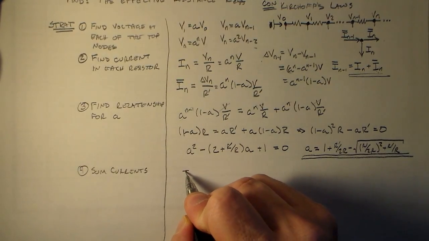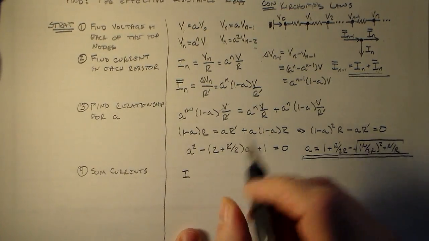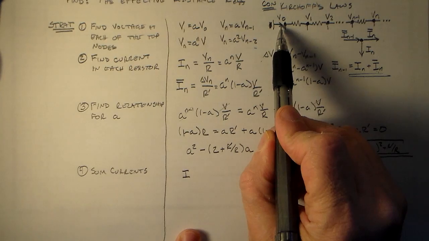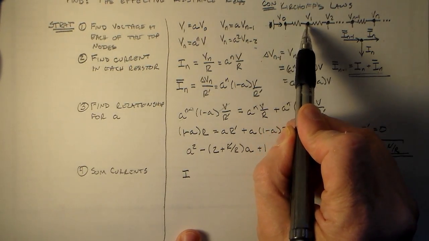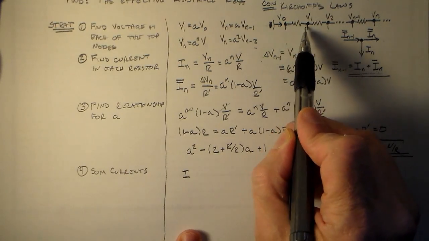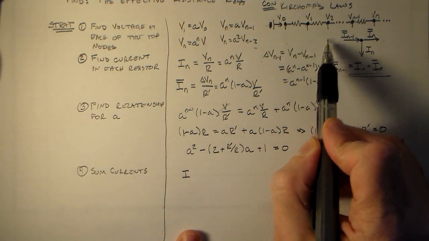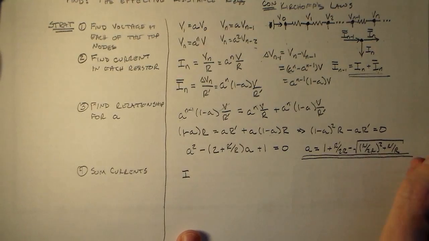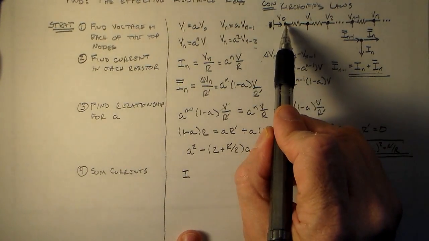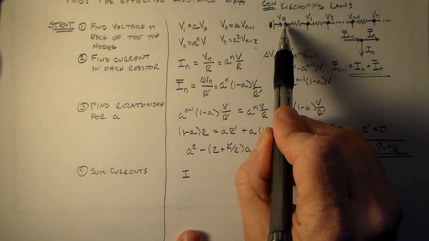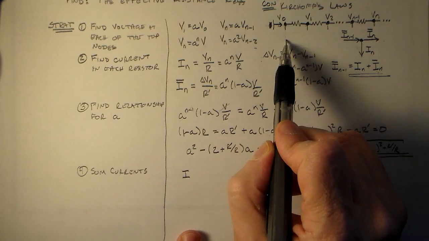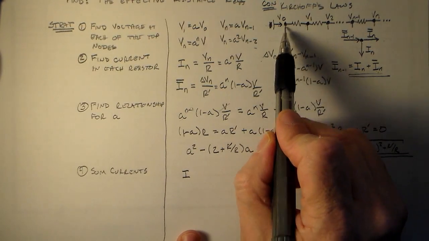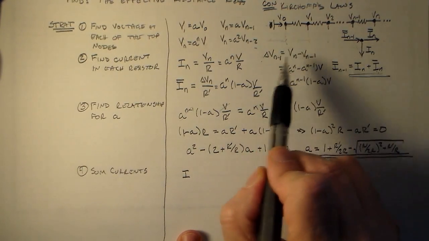So what I'm saying here is that the total current that has to come in here, right, all of the current that's coming in here is the current that goes through here, or it goes through here, plus the current that goes through here, the current that goes through here, and so forth and so on, all the way out to infinity. Okay. So coming through here is, you know, some proportion of this, but this stuff here never goes through another resistor. So this just goes back to the battery,